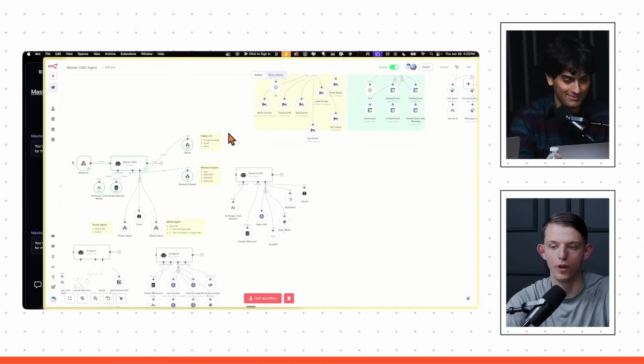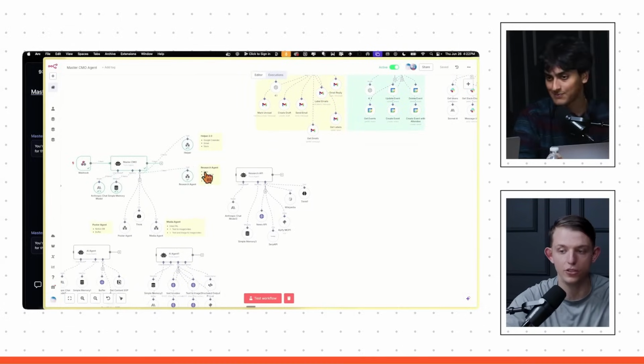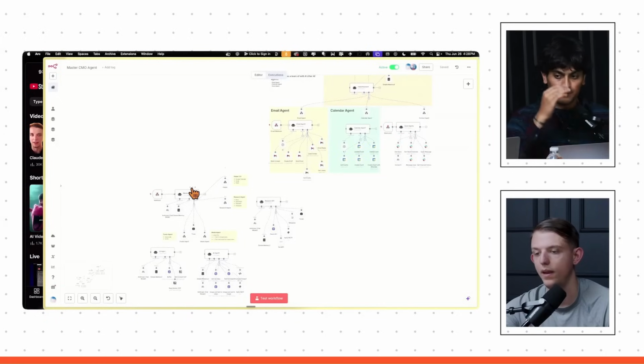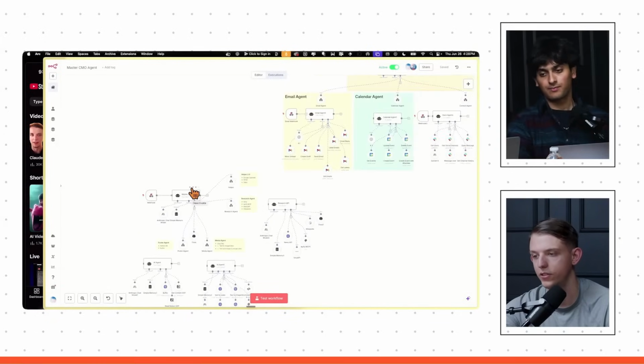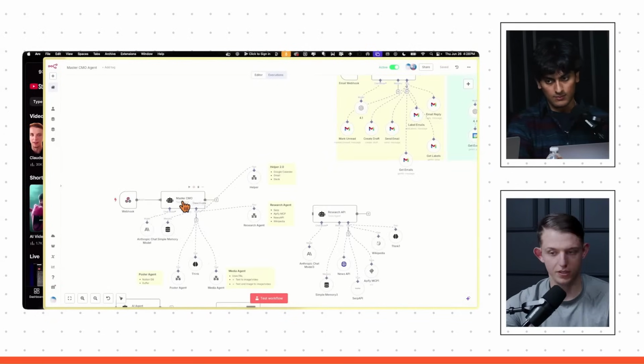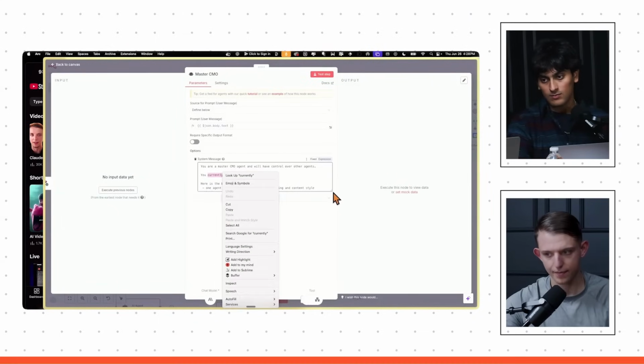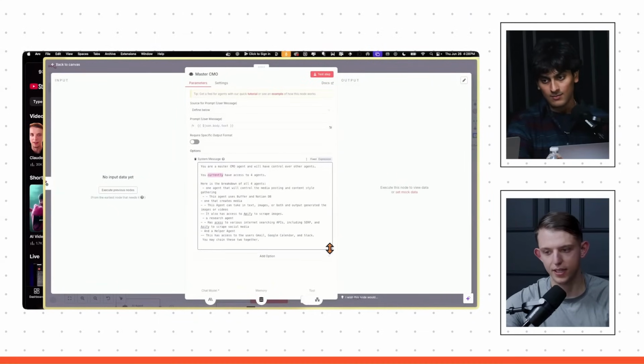And so what I'm trying to show here is you can specify what you want it to do, and then the agent will decide that if it needs to use multiple tools, it can do them in different orders. And what allows all of this to run smoothly is something in the master CMO agent that has access to all these other agents. And that is the system instructions. I think we've done pretty simple system instructions, but do you want to break this down real quick?